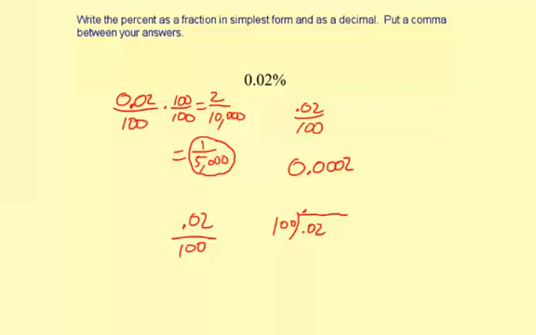And 100 does not go into 0, so that would be a 0. 100 does not go into 2. Put another 0 here. 100 doesn't go into 20, so another 0 here. Then finally, 100 goes into 200 two times. So 2 times 100 is 200. Subtract and you get 0. So here's your answer here, 0.0002. So you can do long division also, but I found the calculator just to be a little bit easier,